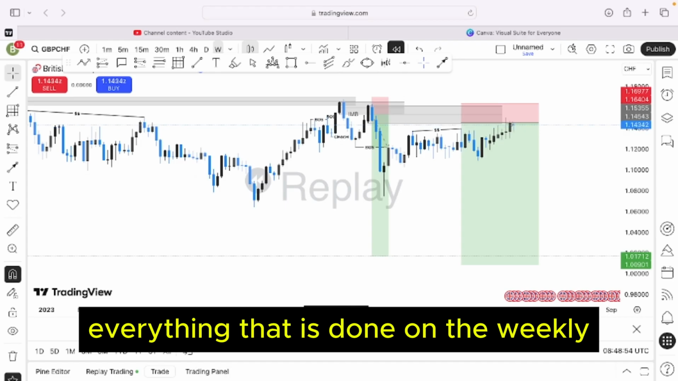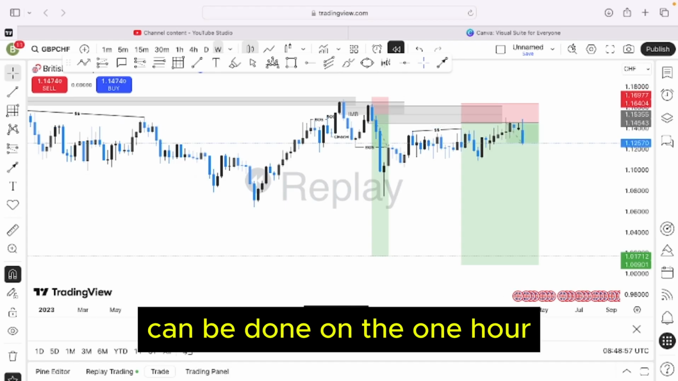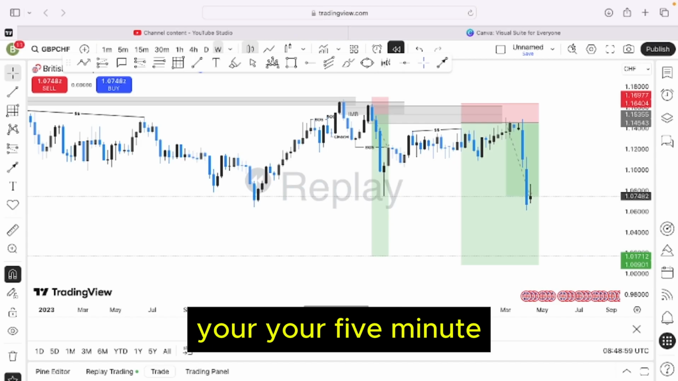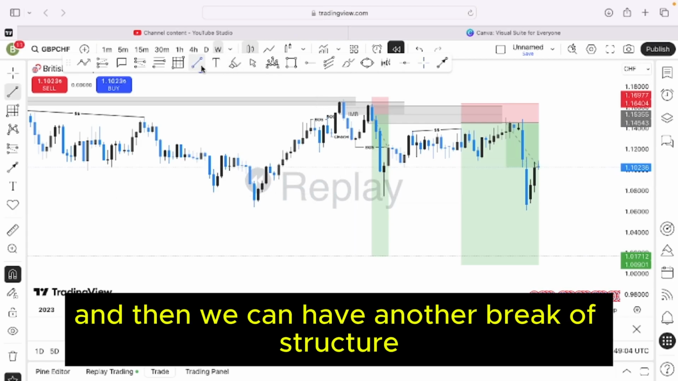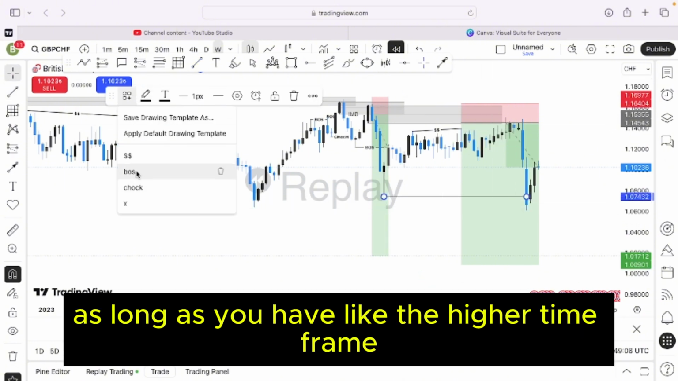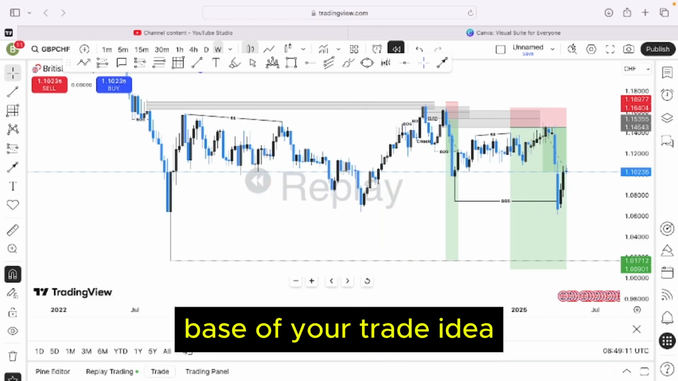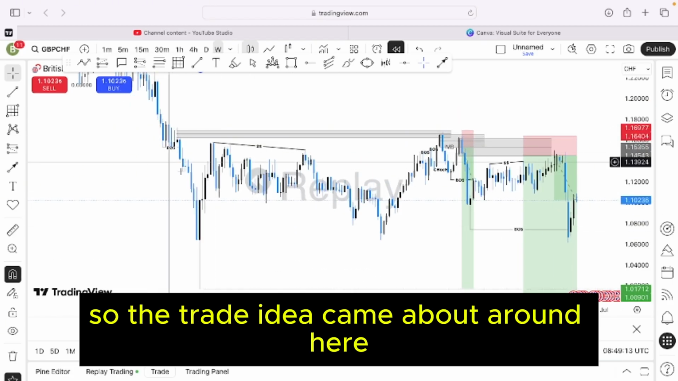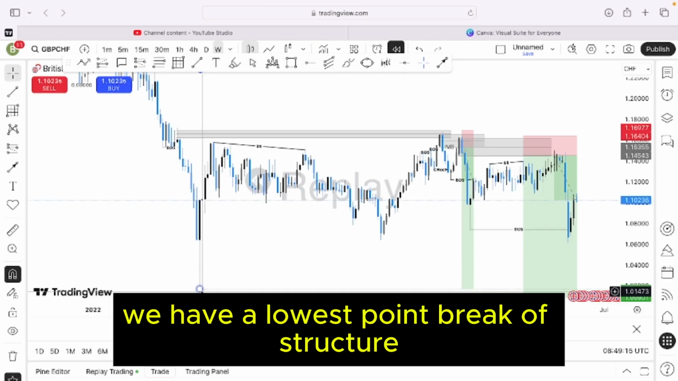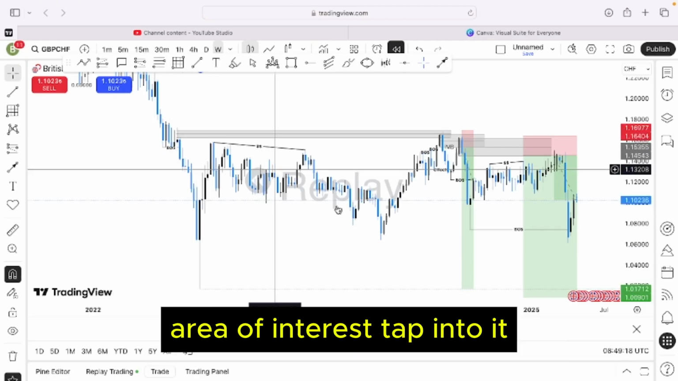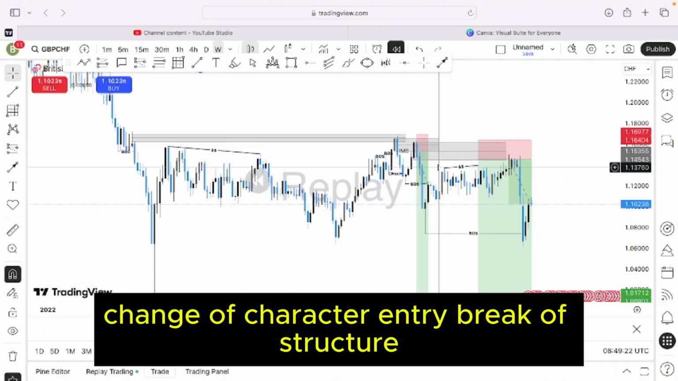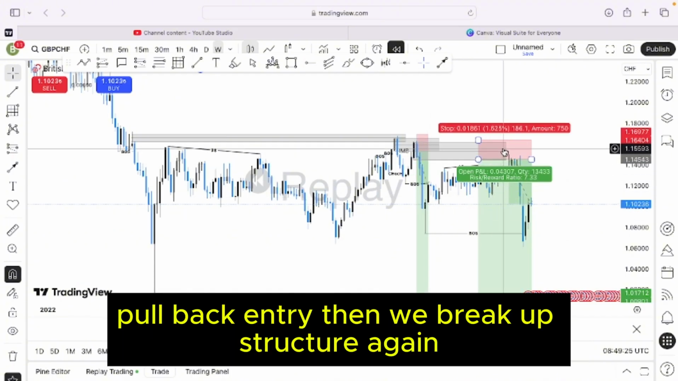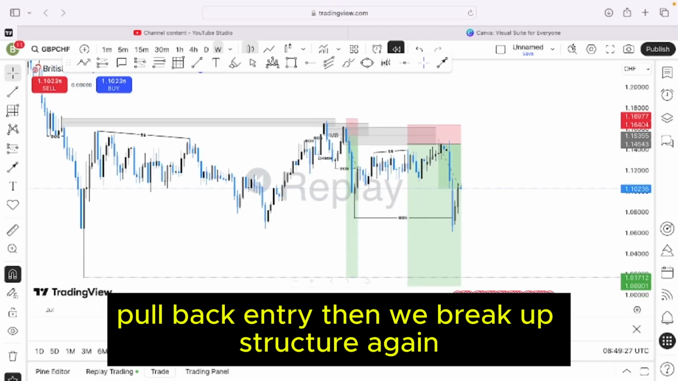So everything that is done on the weekly can be done on the 1 hour, your 5 minute, your 1 minute. So we took 2 entries so far, and then we can have another break of structure, which is this one. So as long as you have the higher time frame base of your trade idea. So the trade idea came about around here. We have a high, we have a lowest point, break of structure, area of interest, tap into it, change of character, entry, break of structure, pullback, entry,